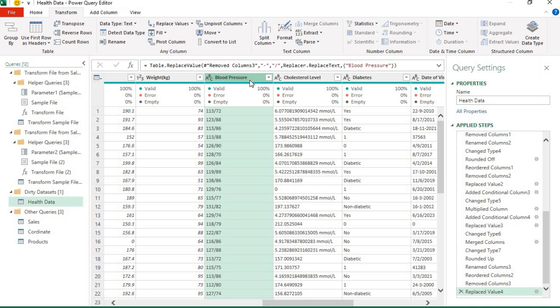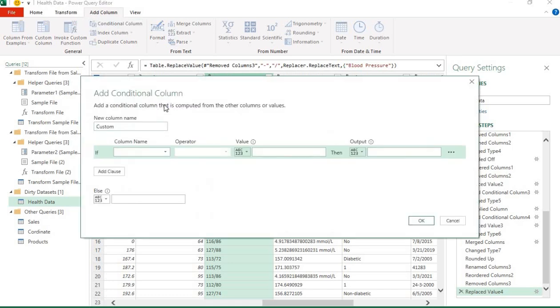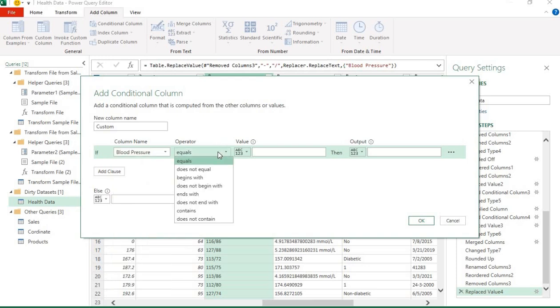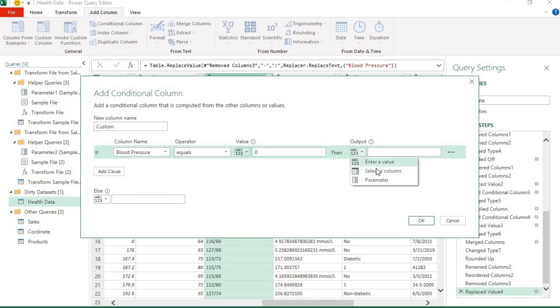Okay, so now let's do it. We go to the conditional column, which is in the Add Column tab, and we say if this value equals zero, bring it up for me and deal with that first. Otherwise, leave it as is first. Let me deal with it, then I will come back to the rest of them. What is the name of the column again? Blood pressure. If blood pressure equals 0, then we can just directly enter the average blood pressure here, instead of going back and forth. So we just say replace with